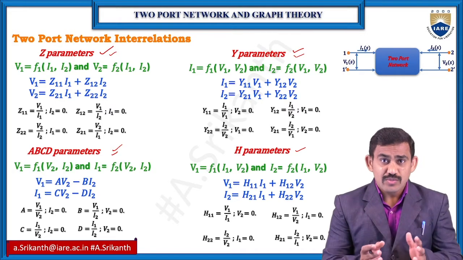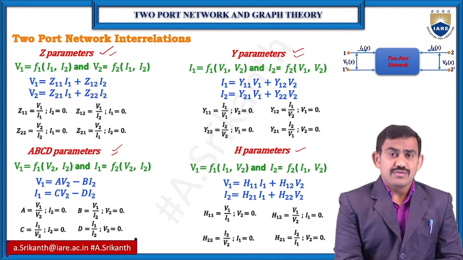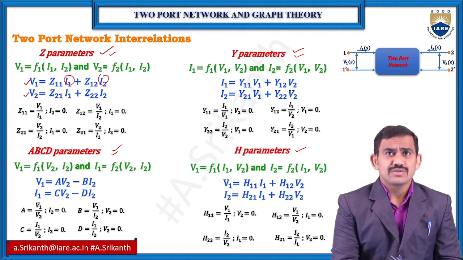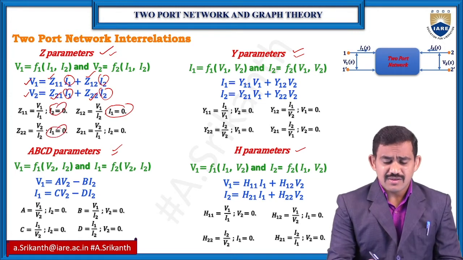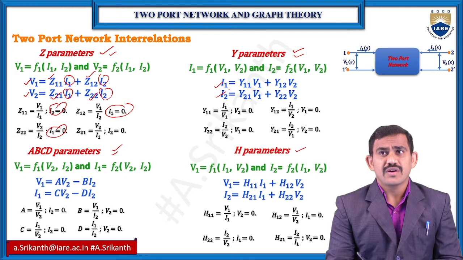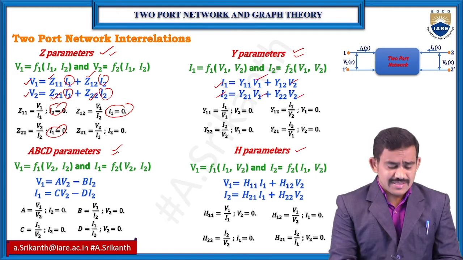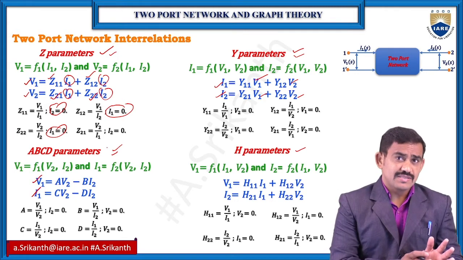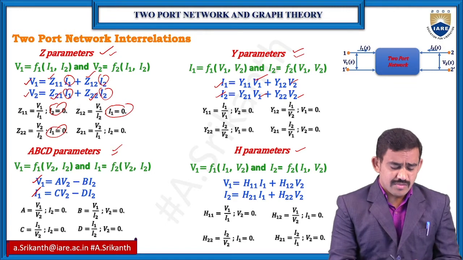Okay. Now for a two-port network we have 4 terminals, and we can observe here Z parameters: V1 in form of I1 and I2. Same thing, V2 in form of I1 and I2. So I can find Z11, Z12, Z21, Z22 in different conditions. Same thing, Y parameters: I1, I2 in form of V1 and V2, and ABCD parameters: V1, I1 on the primary side, so primary side values V1 and I1 in form of V2, I2.